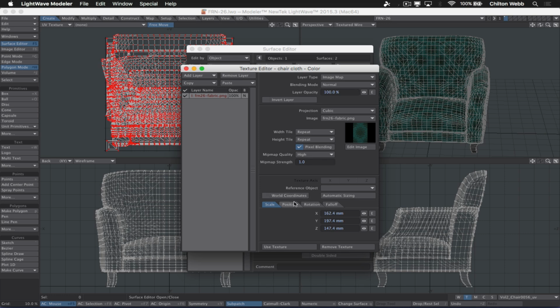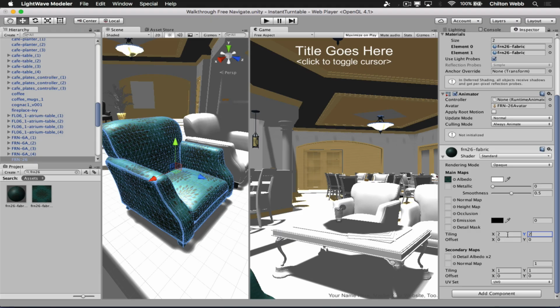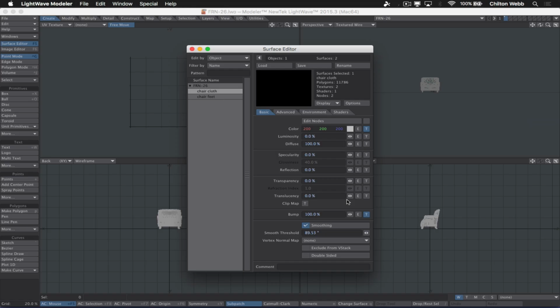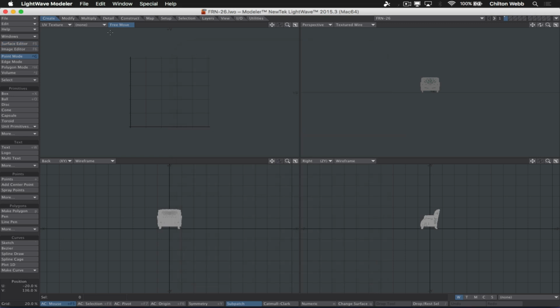Now we use the scale in this, which Unity doesn't exactly have, but we can kind of approximate it by just looking at the texture. If I select the material instead of the object, then I don't have to look at the wireframe while I'm changing the numbers. So I'm going to change it in the material. I'm going to set that to 4:4. Over here in Lightwave, select the object again and the